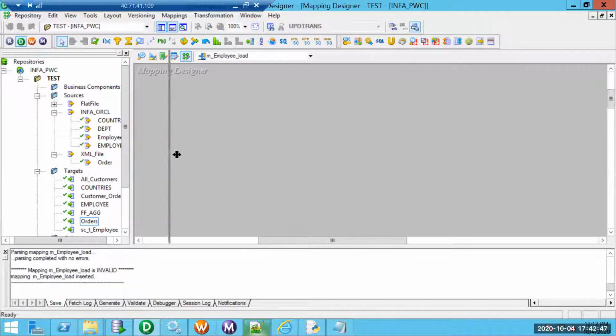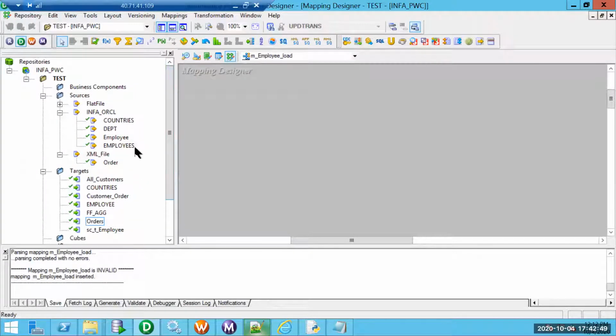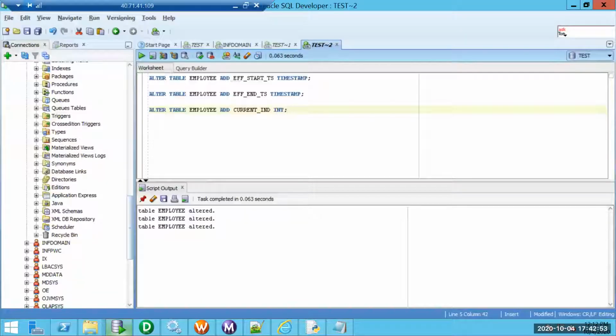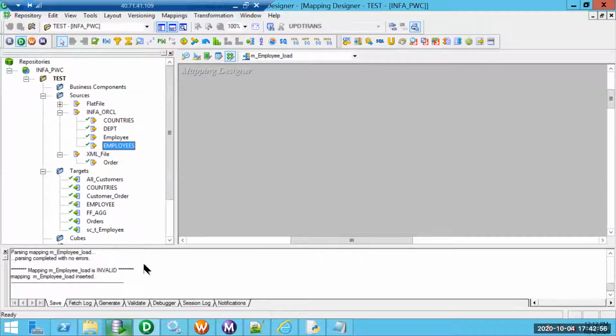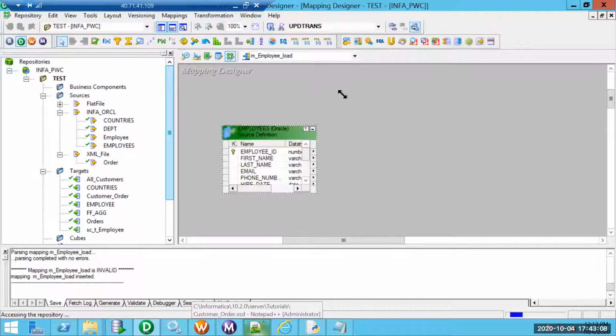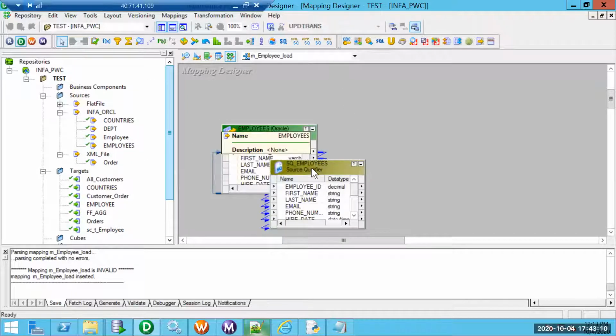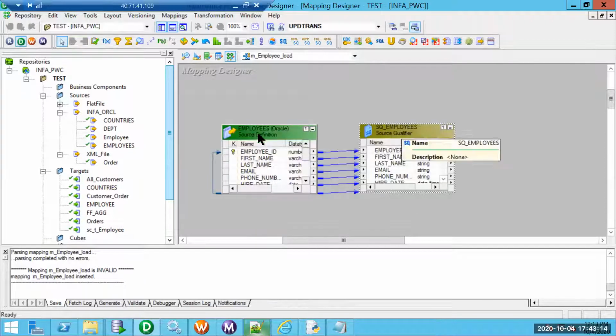So the source is employees. It needs to have a hash, so that is mandatory. Irrespective of whether it is SCD2 or SCD1, our source is kind of mandatory. An MD5 hash should be mandatory. So let's try to pull in this employees. So perfect, this is our source from the HR schema.